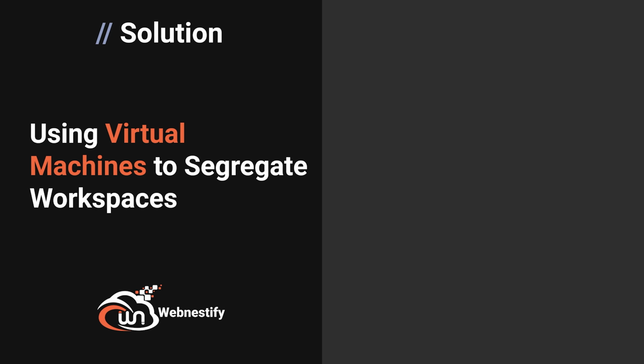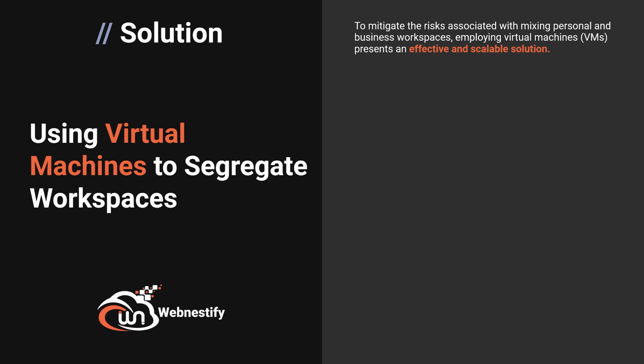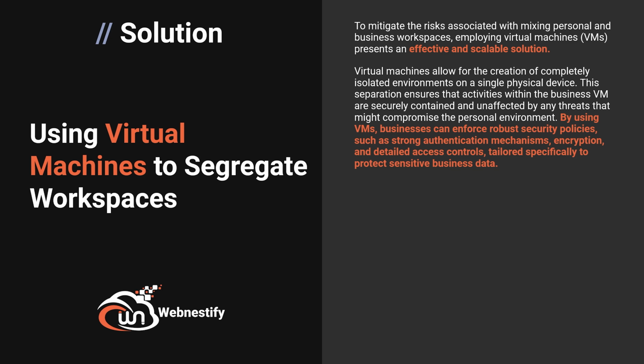So what is the solution for using virtual machines to segregate workspaces? To mitigate risk associated with mixing personal and business workspaces, employing virtual machines (VMs) presents an effective and very scalable solution. Virtual machines allow for the creation of completely isolated environments on a single physical device. This separation ensures that activities within the business VM are securely contained and unaffected by any threats that might compromise